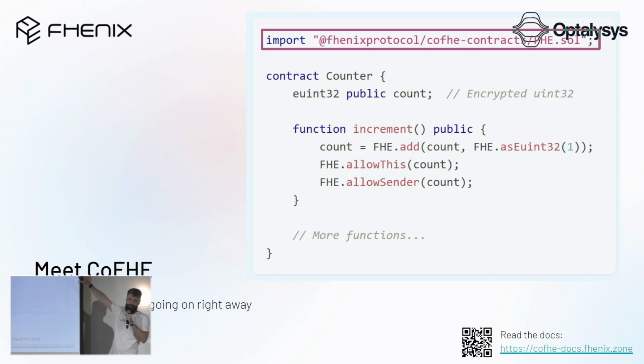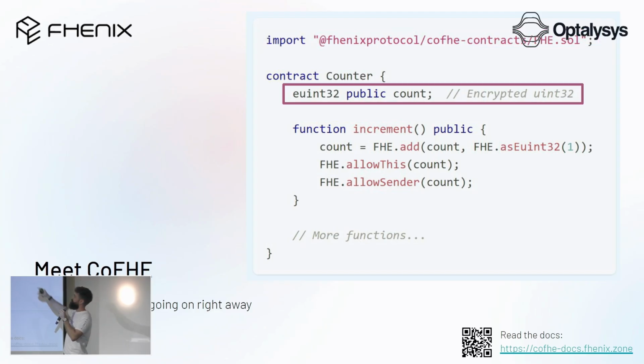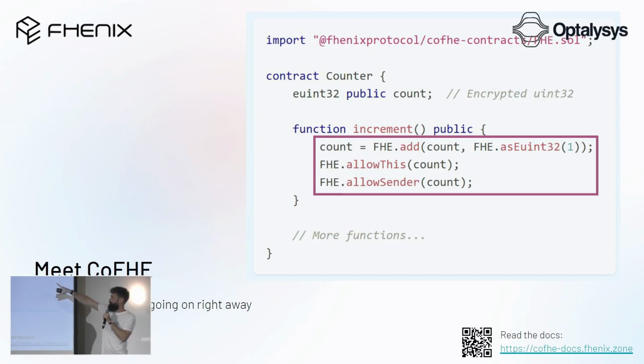This is how it looks. Super simple to use. Solidity developers here? Anyone who wrote this is a very, very simplified version of a Solidity contract. You basically just import one line, our library, and then let's say you have a counter, you want to have it encrypted. You just change the type. You see EUINT there instead of a regular UINT. It stands for encrypted UINT. That's it. Then you basically can do FHE add. It's basically that you add 2 numbers. So you take the counter, increase it by 1.